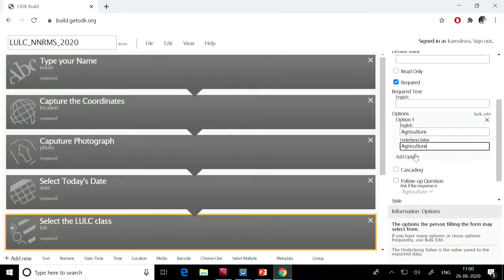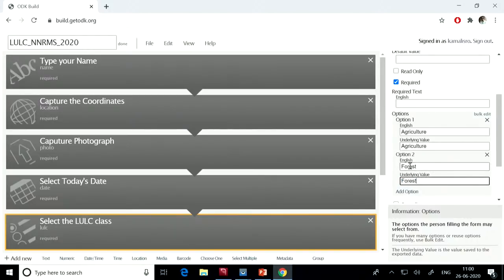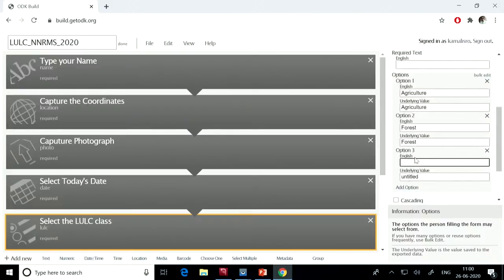Then I need to add one more option. He can select forest also, forest. Add another option: urban land, the settlement or city area, urban, with the underlying value also urban.